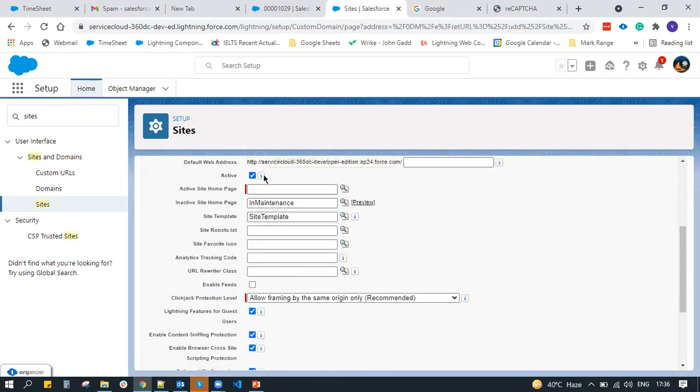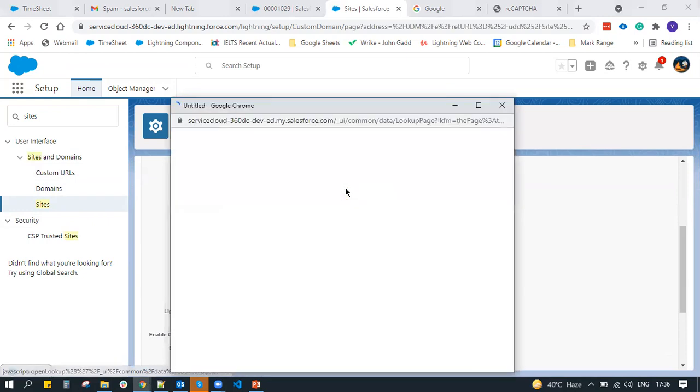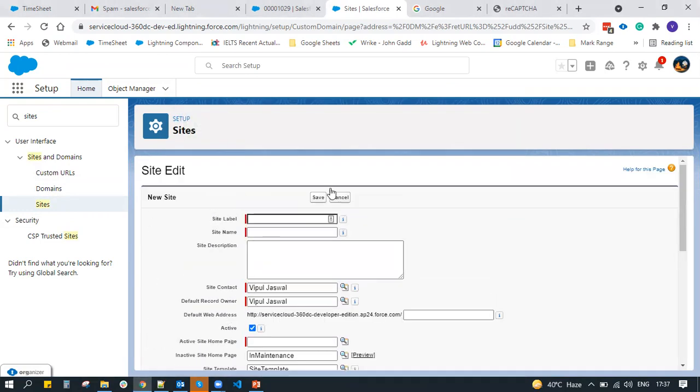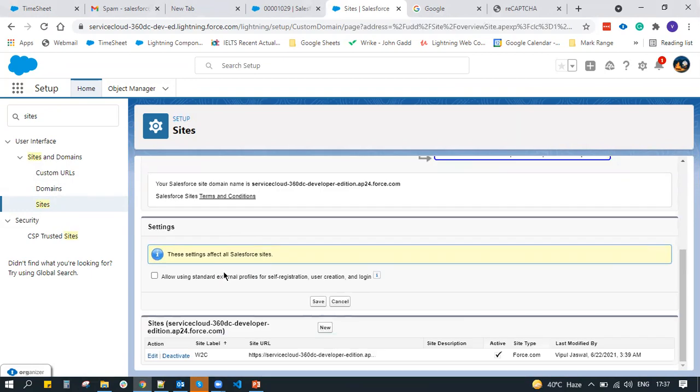This is the thing that needs to be enabled. So make it active, and for the home page, right now you can select any of the home pages, for example, answers home. After doing all those things, a site will be created, right? So we have a site right now.